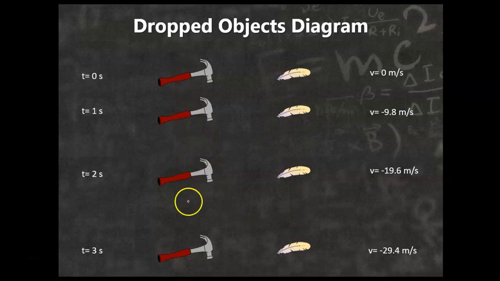But a hammer will. If you drop a hammer, it's going to speed up at 9.8 meters per second squared. If you drop a pen, most objects are going to speed up at 9.8 meters per second squared. A feather, however, will speed up, but after it gets a pretty modest amount of speed, and it's hitting enough air molecules, it will stop speeding up at 9.8 meters per second squared. So